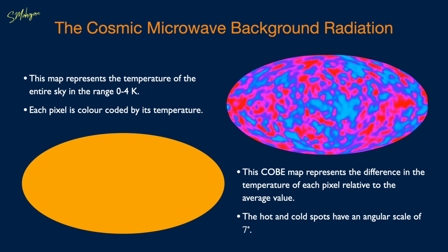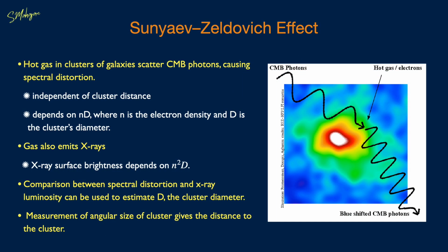This patchy distribution of very small fluctuations in the temperature of the CMB implies that if our eyes were sensitive to microwaves, we would see this pattern in the sky. The SZ effect causes a change in the apparent brightness of the cosmic microwave background radiation towards a cluster of galaxies or any other reservoir of hot plasma.